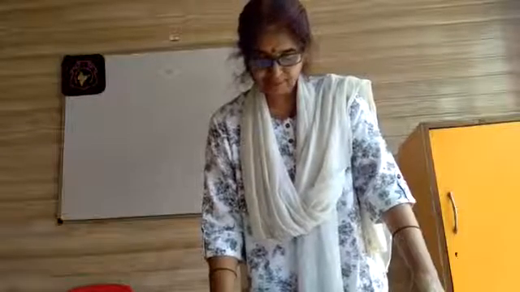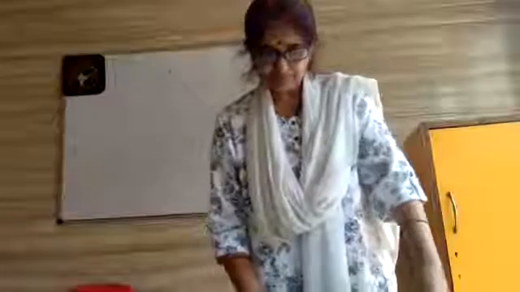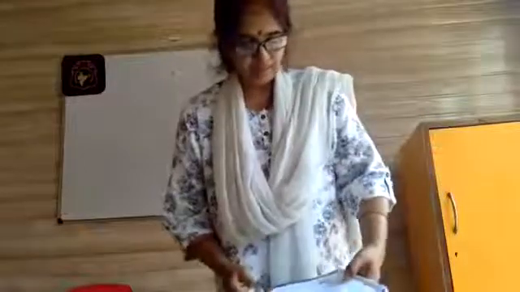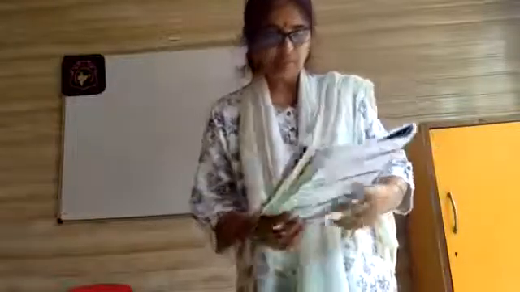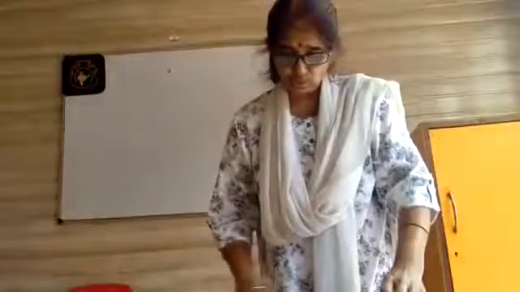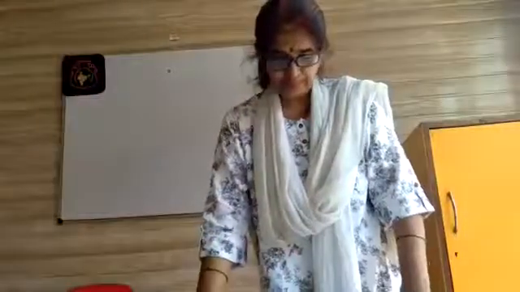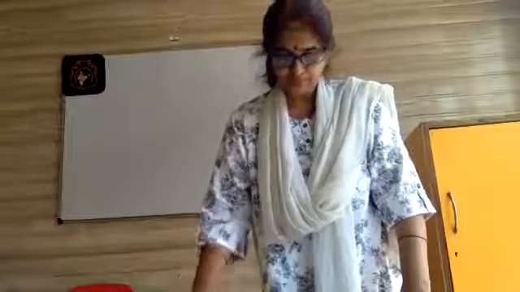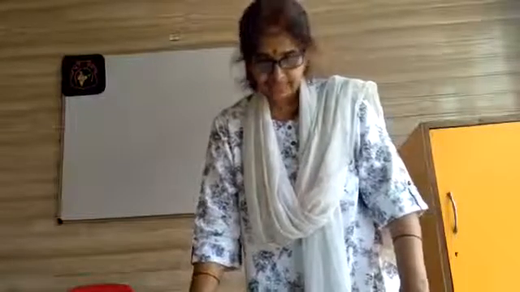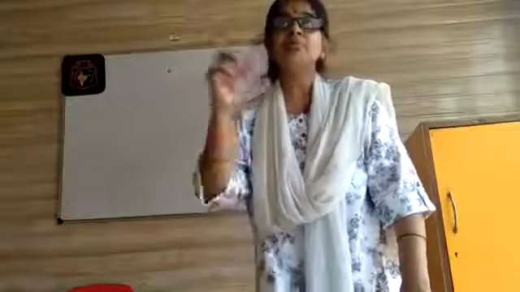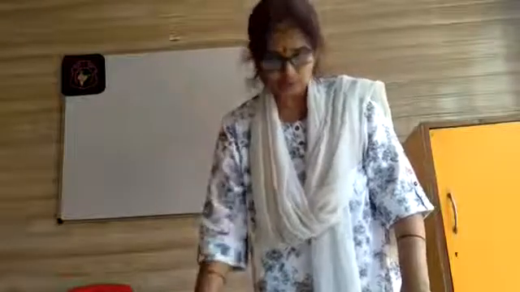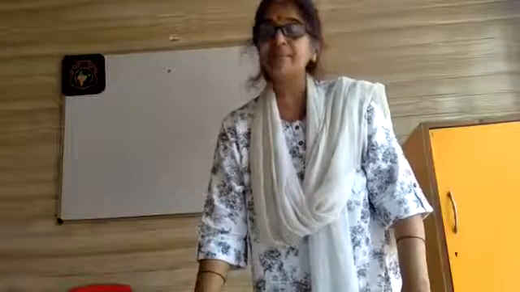Same way, match the following. You will see the match the following which is given in the picture. You will see children, some match the following is given. So you have to do it on your own. Like scooter, we use petrol, and then for iron, to press our clothes, we use electricity. Same way, the mountain, the scenery, they are what? Natural things, and the bicycle is manual.